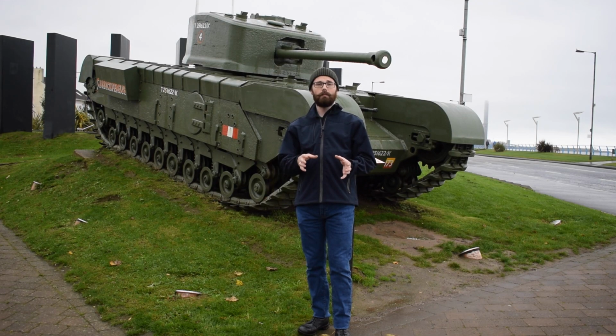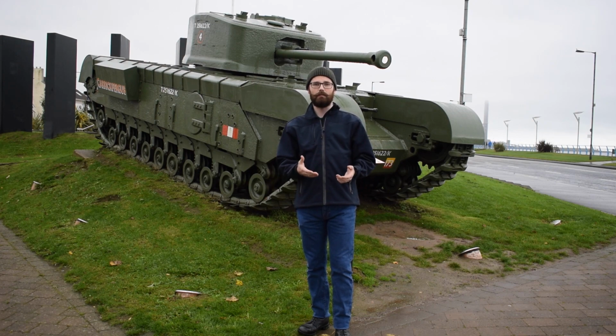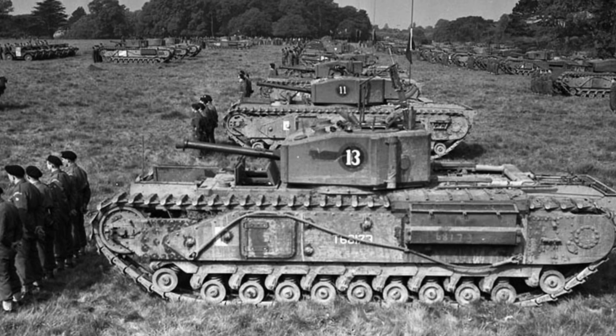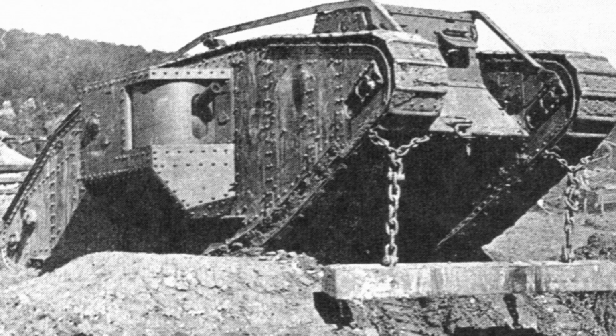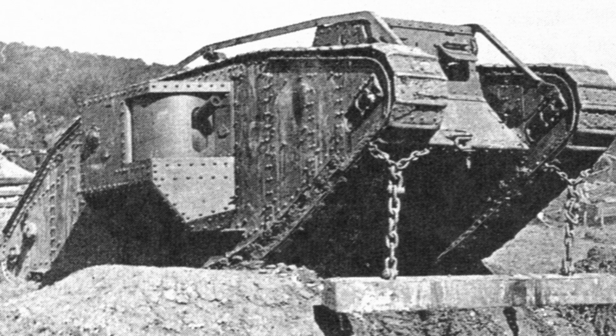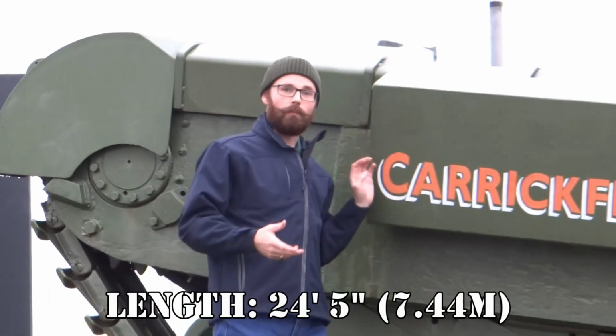Carrickfergus, being a small town as it was at that time, didn't look like a target that would be remarkable enough for the Germans to actually bomb, keeping everything safe during the duration of its development. The Churchill tank is notably named after the wartime Prime Minister Sir Winston Churchill, who was the one who originally pushed for the development of tanks during the First World War,